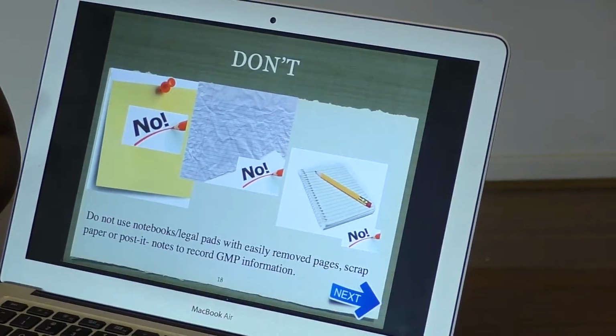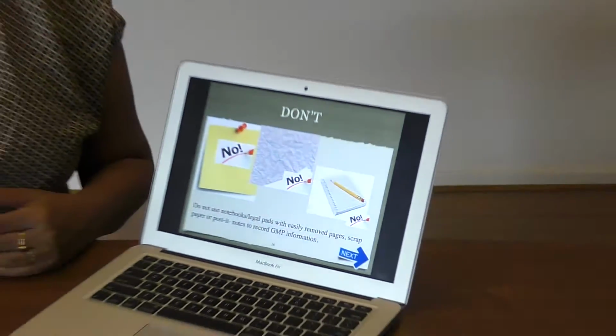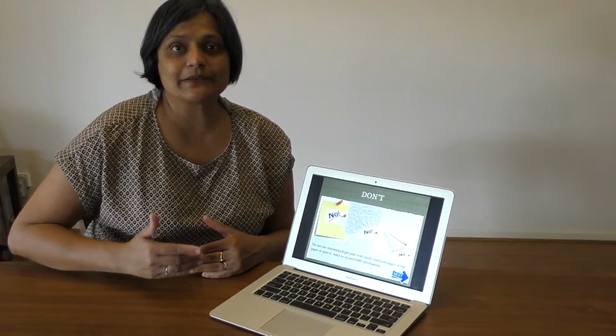Second, do not write on a piece of paper or yellow notes or a paper that can easily be lost. Why? Again, because your document is a very precious asset. You need to keep your documents for the life cycle of the product. So do not write on any piece of paper. Always write on allocated master batch records, documents or logbooks. If you don't have a batch record to write on, wait, don't process it. Ask an authorized person, your manager or QA, to provide you